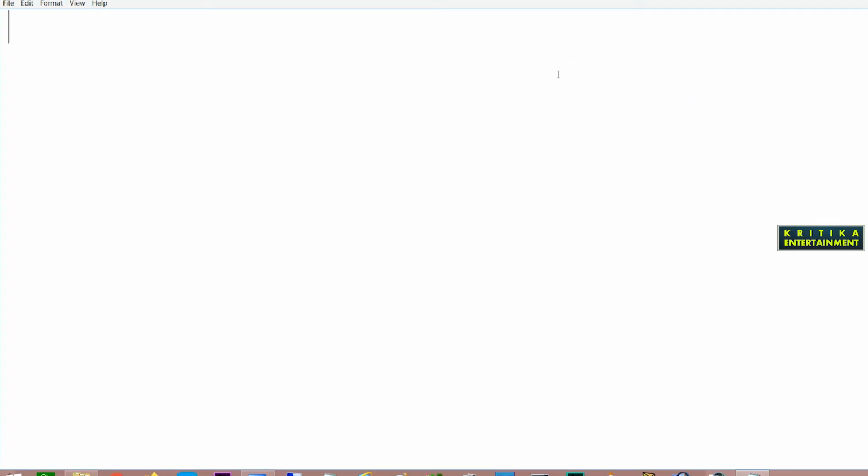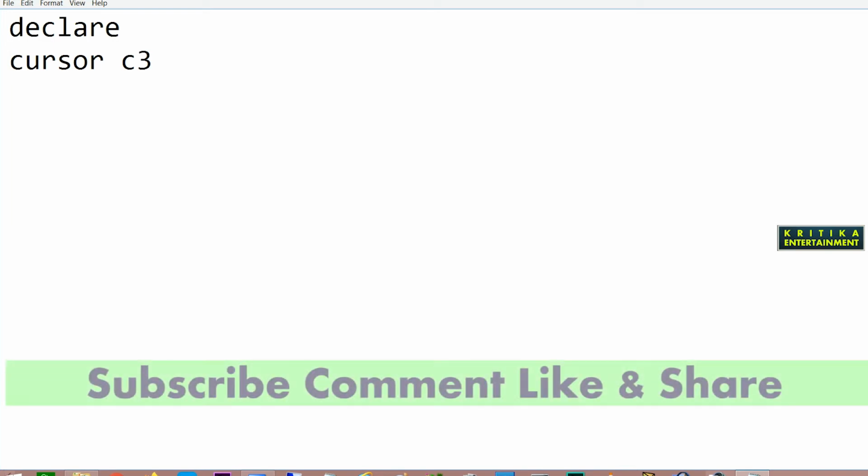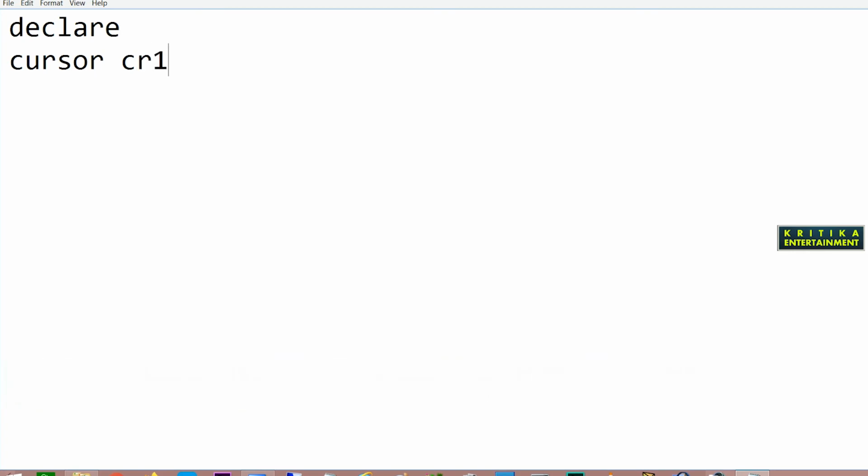Okay, then what will we write here? It uses PL/SQL, so we write declare, then cursor. Suppose my cursor name is CR1: cursor CR1 is select star from stud55. Then you give the semicolon.